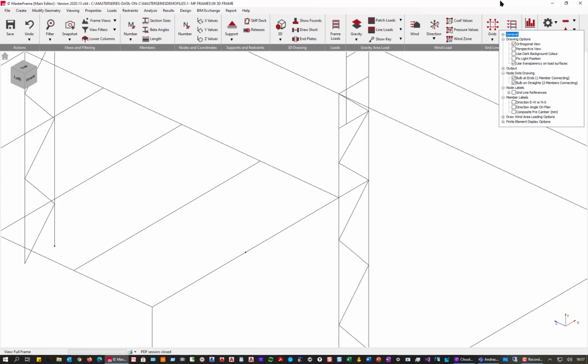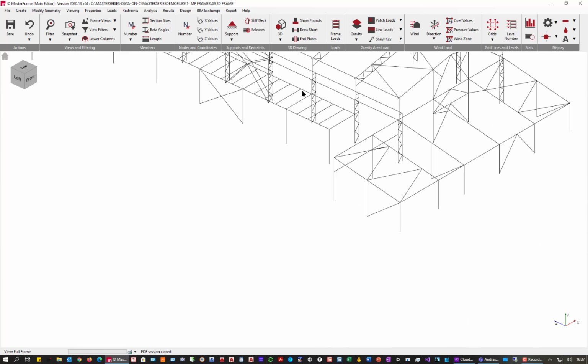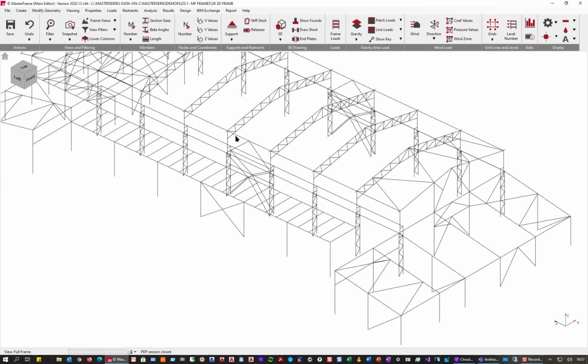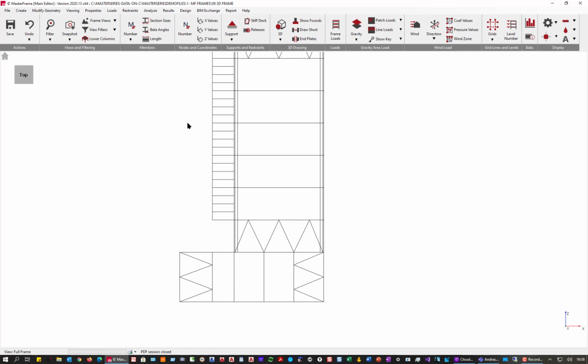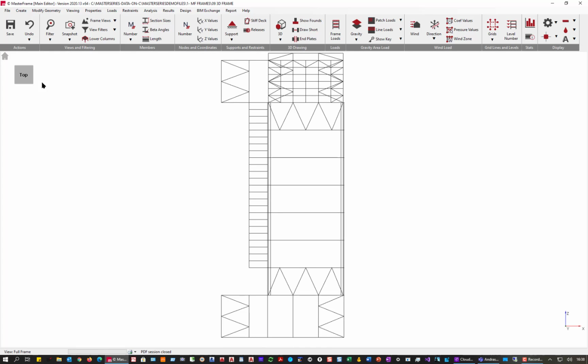So I'm going to leave you with that. That's enough for this video. It gets you a very good view of the situation, allows you to manipulate, and if I wanted to quickly just review and create a view of this little walkway, I'm going to put it in the top view. It's this walkway over here. I'm going to come along